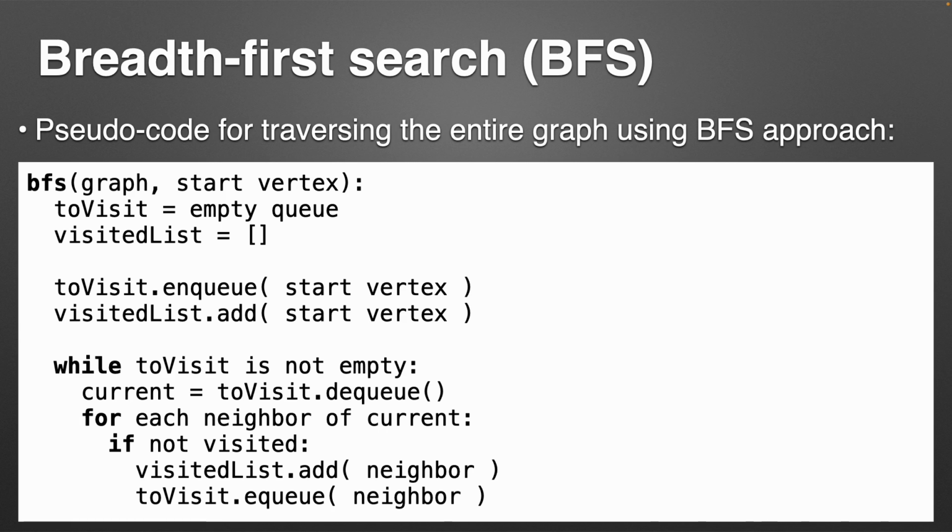Then we're going to enter this loop, and all this loop does is, as long as we have places to visit still in our queue, we're going to visit the place that's next in the queue and check all of its neighbors to see if they're visited already. If they're not, we're going to add them to the queue to visit. So the queue is the driving data structure here, so it kind of gives you that assurance that the first things that you put in the queue will be the first things you visit. And so that ordering follows throughout this process. And that's what gives you the property of kind of doing that fan out a layer at a time of looking at neighbors, because you're following this queue.